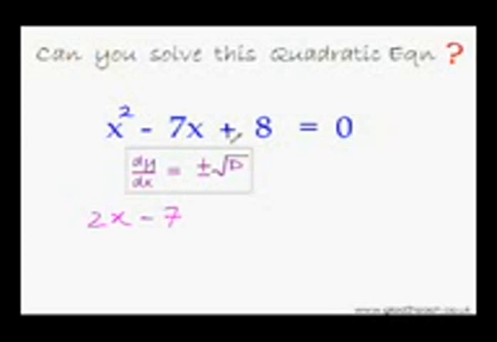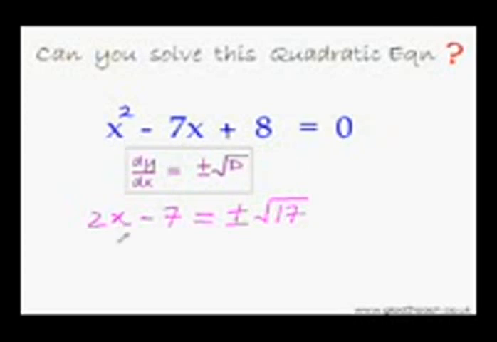And obviously, the first derivative of a constant term is always 0. But putting plus 0 here makes no difference. So we will not put it. So this was the first derivative. So now put this equal to plus minus root d. D, if you remember, for this equation we had calculated to be 17. So we'll put equal to plus minus root 17. So with that, we have reduced this tricky quadratic equation into a very simple linear equation, which I'm sure you can very easily solve and find the two roots of this quadratic equation.